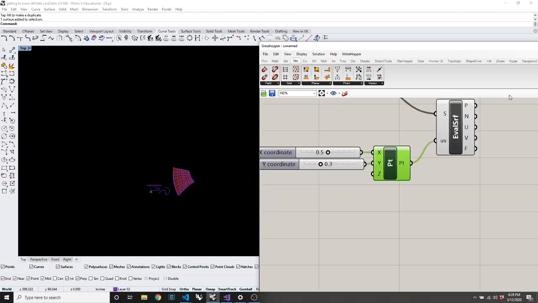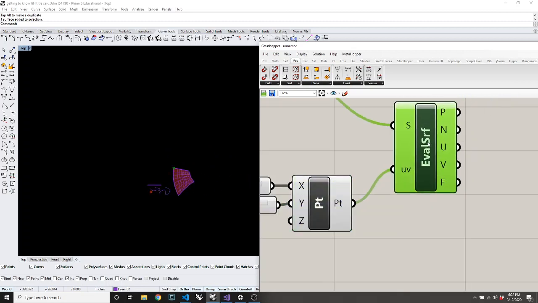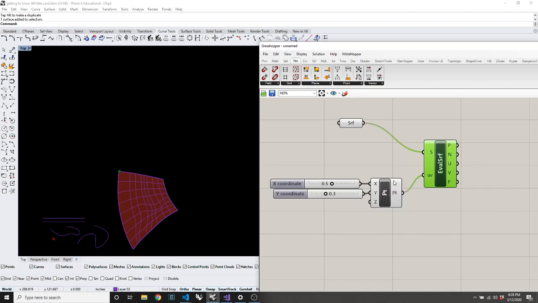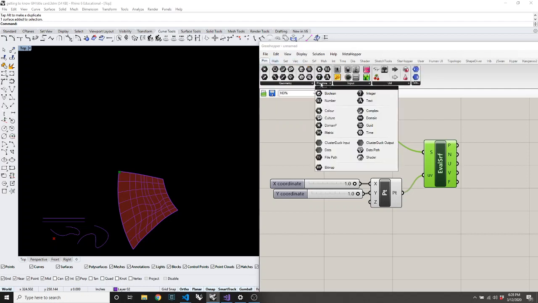But when I pair it with evaluate surface, I'm also getting its point within the coordinate system of this surface. One thing you'll notice right away is that we're very close to one corner. And just like a curve has a domain, a surface also has a domain. In fact, it has a two-dimensional domain, which is a specialized data type that we'll often be dealing with when we work with surfaces. So if I look back here, in addition to domain, there's this domain squared, which